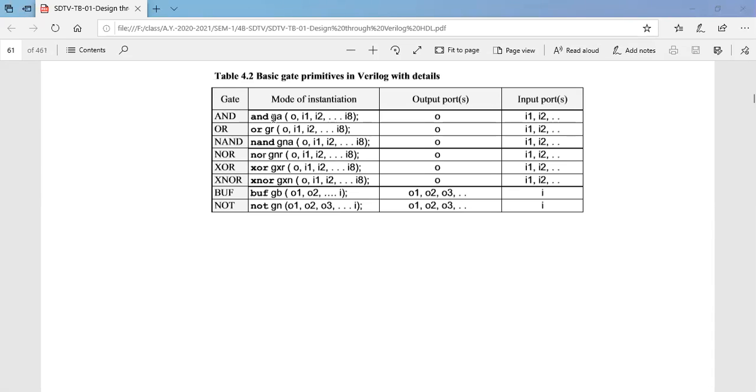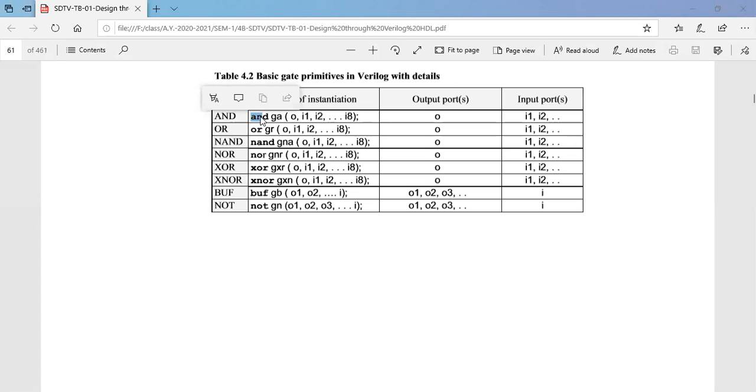So in VHDL, we generally have to write carefully when we use a two input AND gate, three input AND gate or four input AND gate. Here we can have any number of inputs. The same format is followed here. If you want to write a three input AND gate, what will you be doing? You will be writing z <= a and b and c, keeping b and c in a bracket.